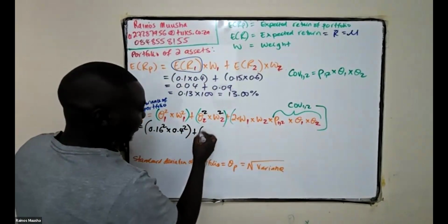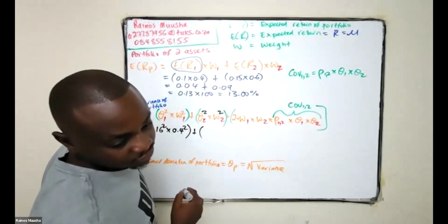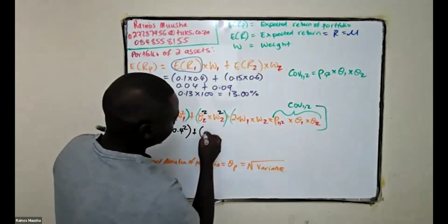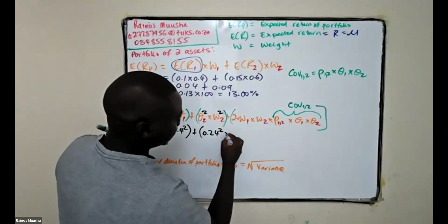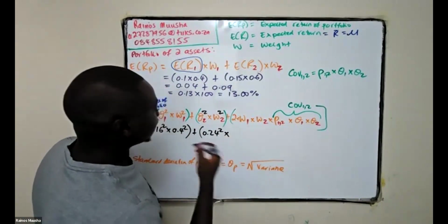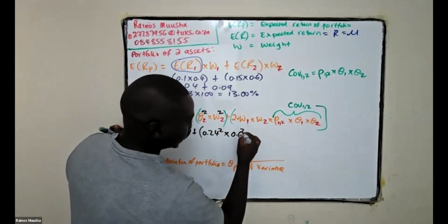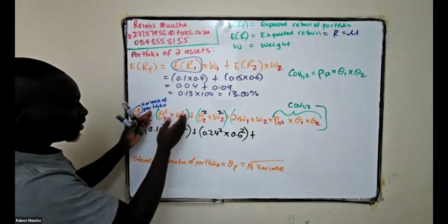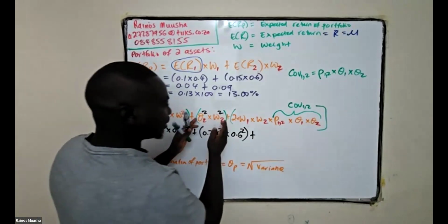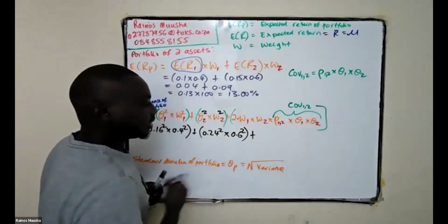So for the second bracket, the standard deviation of asset 2 was given to us as 24%. So it's 0.24 to the power of 2 multiplied by the weight of asset 2, which is 60%. So it's 0.6 to the power of 2 plus. Remember we said to make our lives easier, separate this with the bracket, separate that with the bracket. Then from there, we're going to say